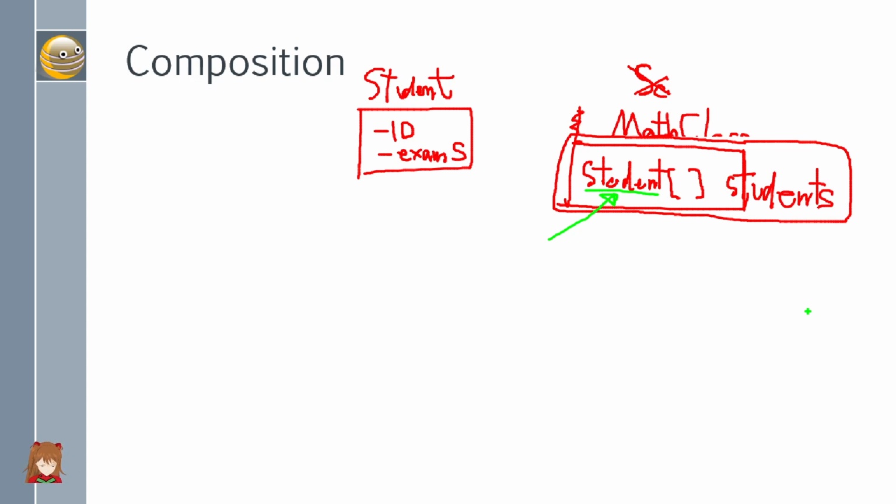Okay? So that's composition. And we can then use the variables that we define. I can do something like